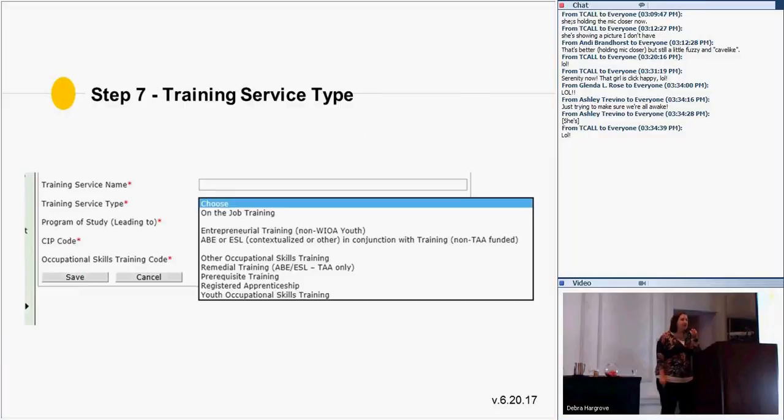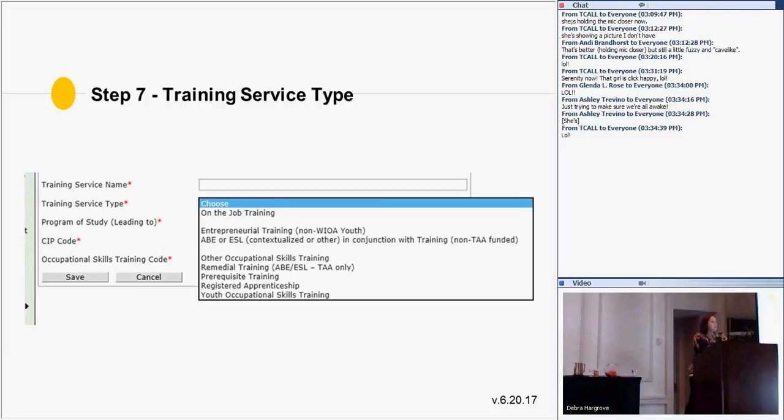Training service type, this is what we talked about earlier. So again, in this drop down, you're usually listing the type of training. Please use caution on the list. These two that do not apply to WIOA are still showing up in the list in our test environment, so I just went ahead and widened them out so there was no confusion. I'm actually looking right now and I'm seeing that my drop down got moved a little bit.